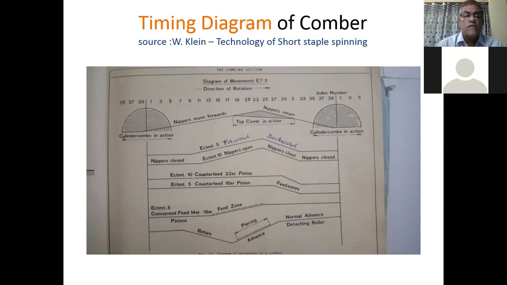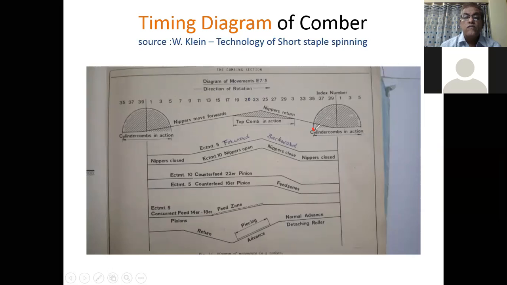First of all, we will study that combing by the cylinder comb will be done as shown in this diagram. It will start, suppose, at index 35 here.